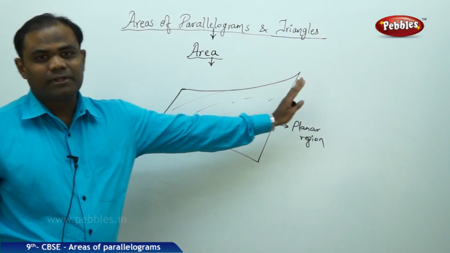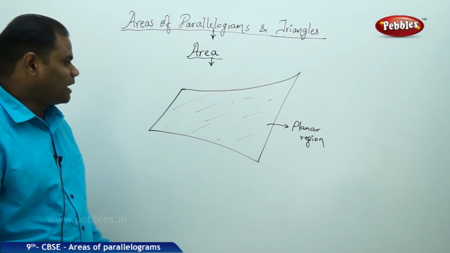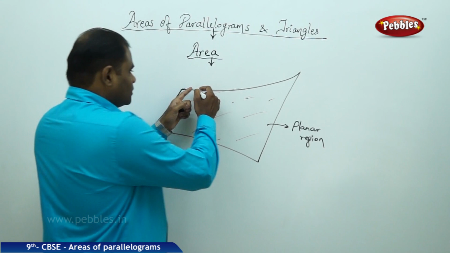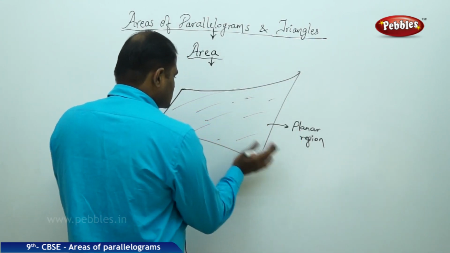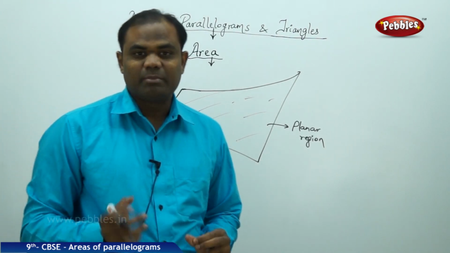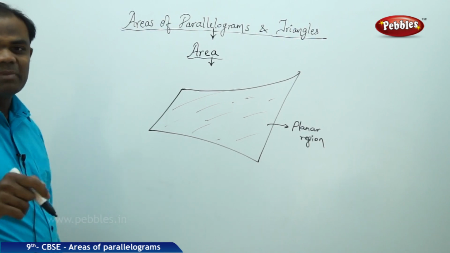So this planar region has area, which is called the magnitude or measure of this planar region. That is, the entire boundaries within whatever region is covered, we call that the magnitude or measure of the planar region. So in simple manners,